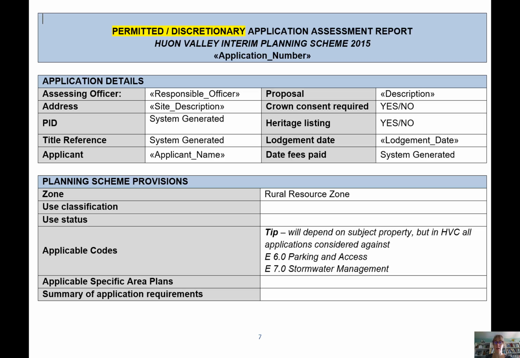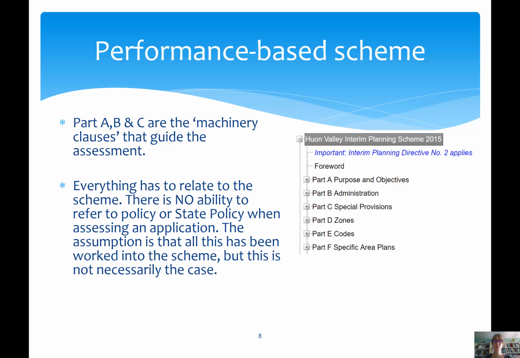And yeah, then the next part, so to go back to, so okay, so you've got the guts of the application, you have this template that I've just put in front of you, and then you've got the planning scheme. So you have these things open.